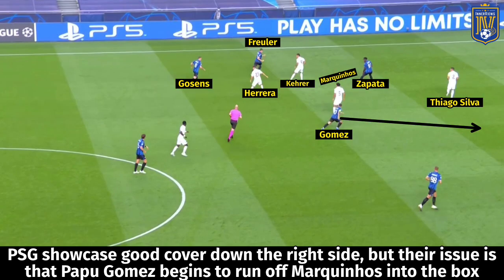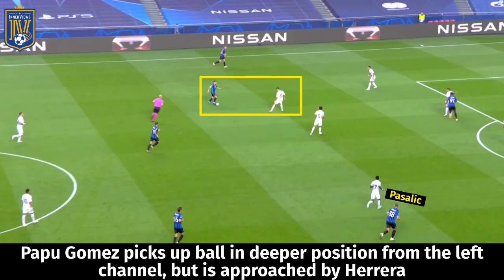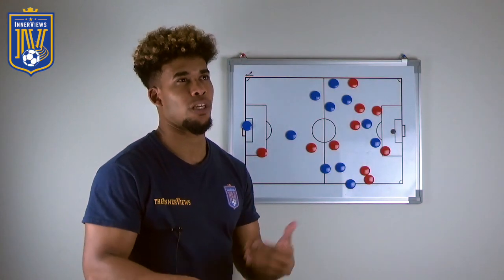PSG. You look to the time where Papu Gomez simply ran off Marquinhos to break towards the box, and then he fired a tame effort at Keylor Navas. And then the time when you had Papu Gomez dropping ahead of Herrera, and he was closed down with Marquinhos even stepping into his path. But what happened there was that Hateboer ran off Juan Bernat towards the back post. Papu Gomez found him, but he nodded his effort into the ground, and Keylor Navas was able to push it